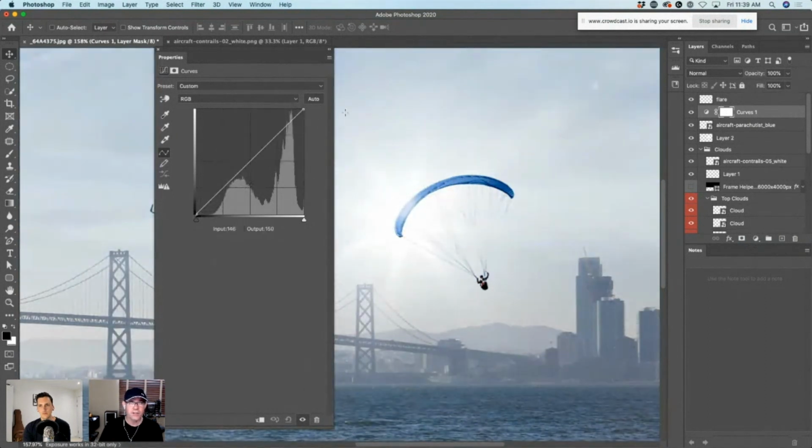In this case, I don't want to do that. I only want to affect the parachute. So see this little icon at the bottom? This will clip that, and see how that little arrow appeared? Directly to the layer underneath. So now when I make the adjustments, it's only going to affect that layer, and it's not affecting the entire